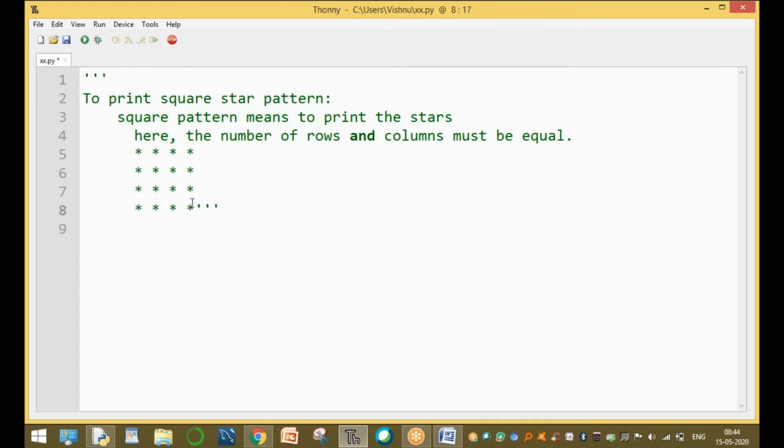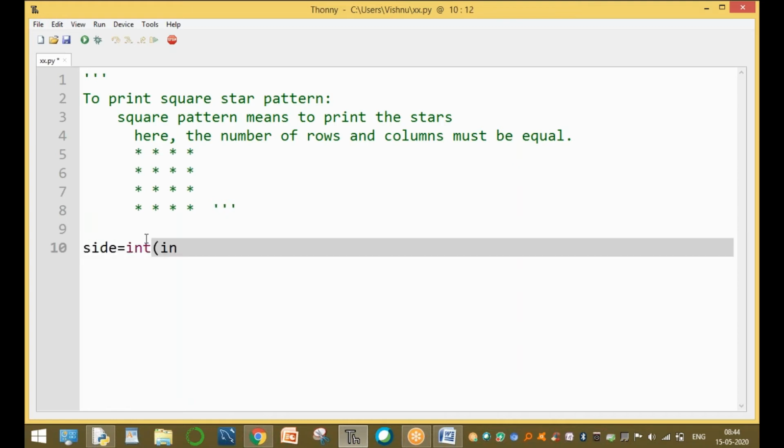The logic is: enter any side value of the square, with an input prompt, please enter any side of a square.